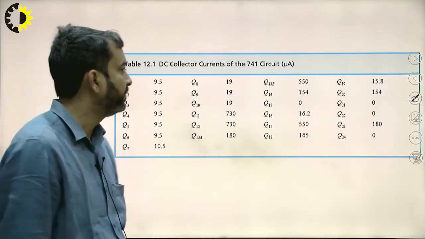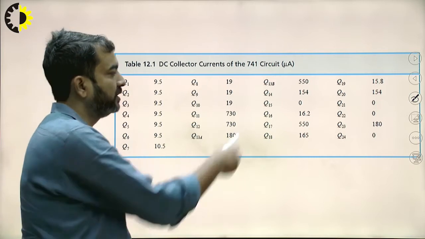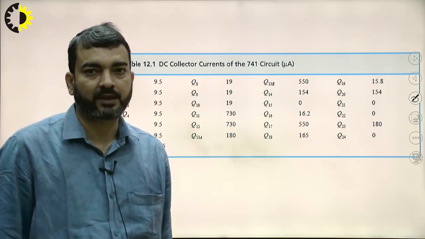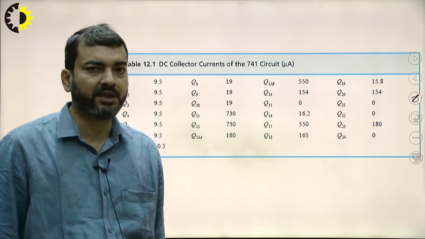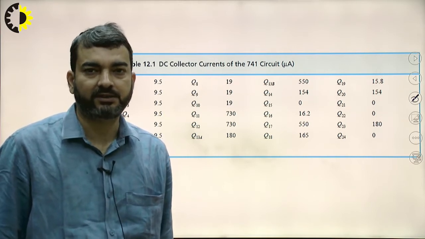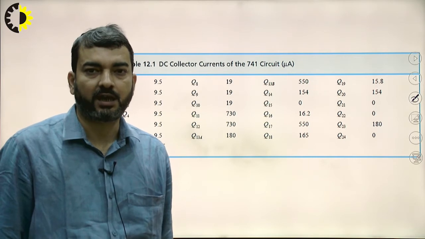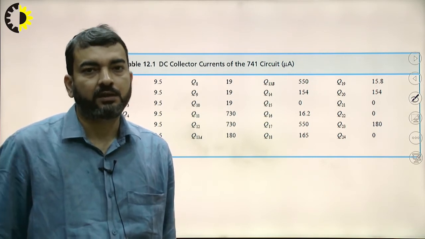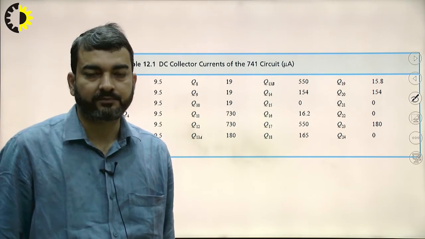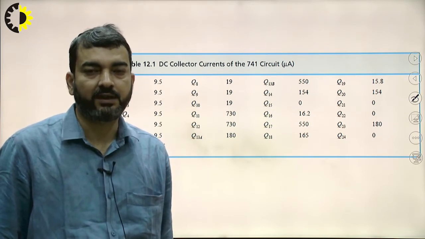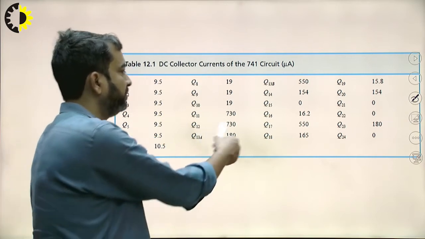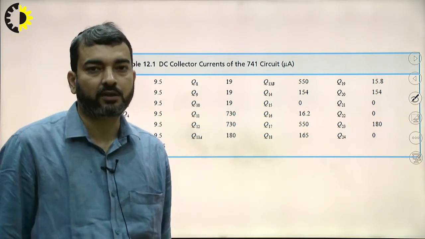Here are the DC parameters which we calculated in the last lecture. Based on these parameter values, we will be able to calculate different parameters such as the resistance R0, which is the resistance between collector and emitter. So R0 is VA by I, where I is nothing but the bias current. These bias currents will be used in the calculation of the R0 resistance.